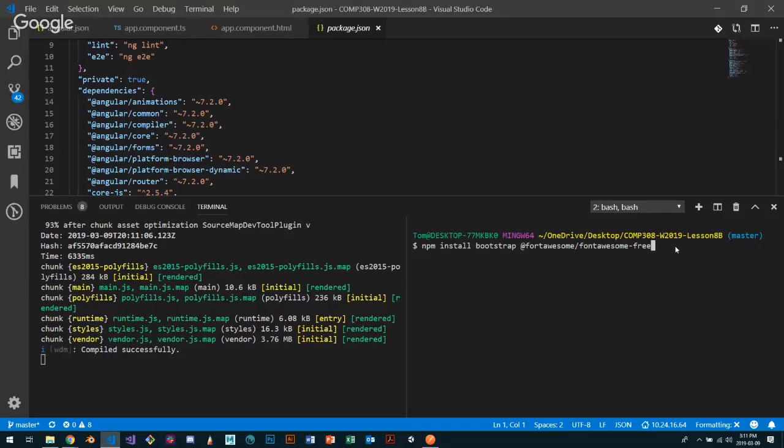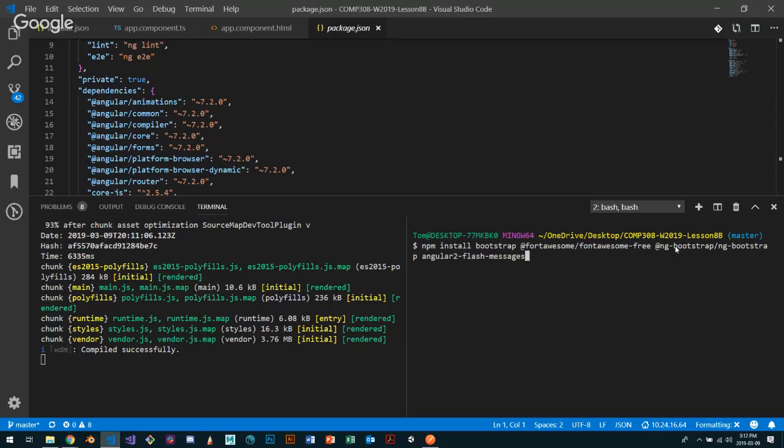I'm also going to install an angularized version of Bootstrap that can help us do things like responsive design for Bootstrap, because like I said, Angular and Bootstrap don't play well because of jQuery. So I'm going to go at ng-bootstrap/ng-bootstrap. There's a special version of Bootstrap that I talked about, as well as